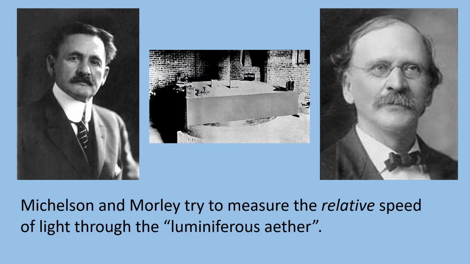Michelson and Morley thought that they could detect the speed of the ether by measuring the speed of light in different directions, just like the hobo and the train we saw in the example. By the way, Michelson is the same Michelson who measured the speed of light on Mount Wilson, who we visited in an earlier lecture.